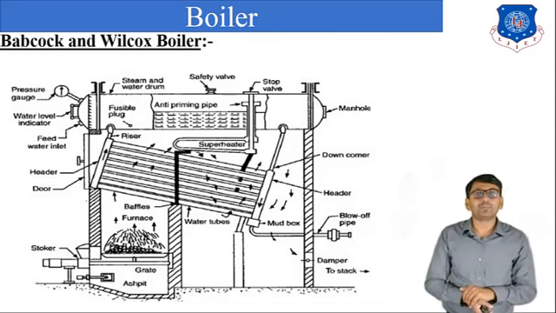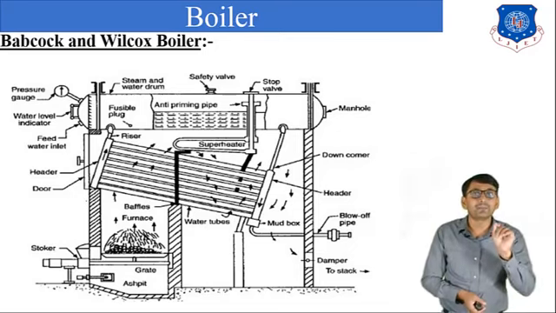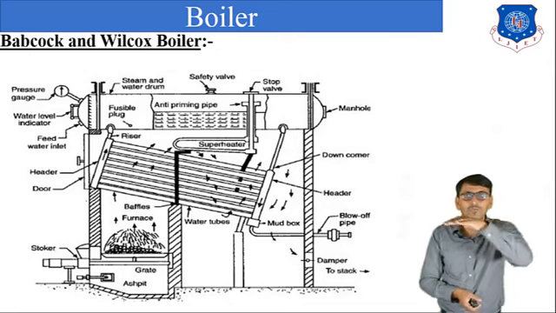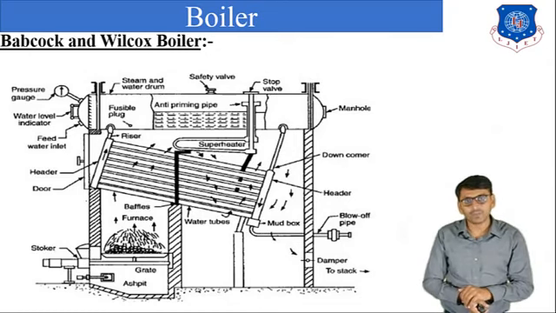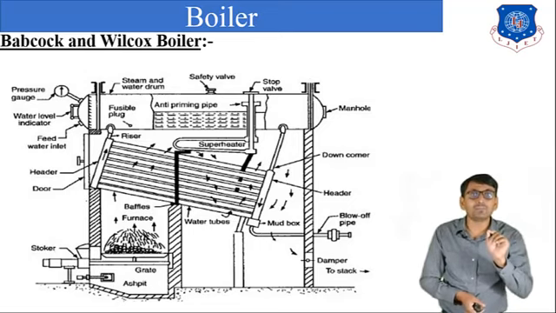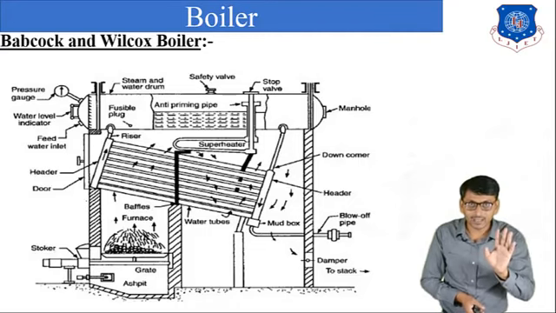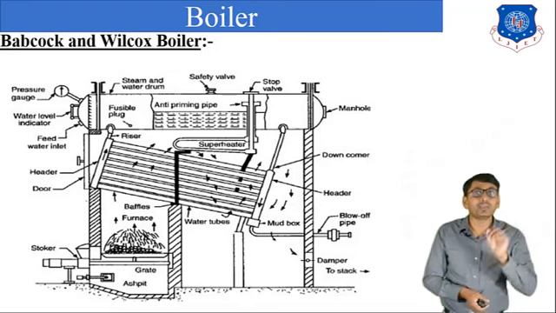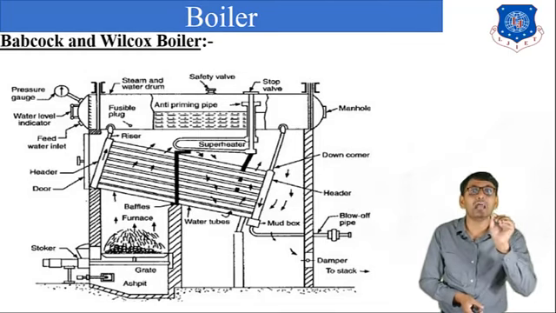Okay. Now what is the function of the pressure gauge? It measures the pressure of steam produced inside the boiler. What is the function of the water level indicator? It measures the level of water present in the drum. What is the function of the safety valve? When the amount of steam produced in the drum is greater than the limit, then the safety valve automatically opens and the extra amount of steam is released into the atmosphere, then it automatically closes. So it protects the boiler from blast.